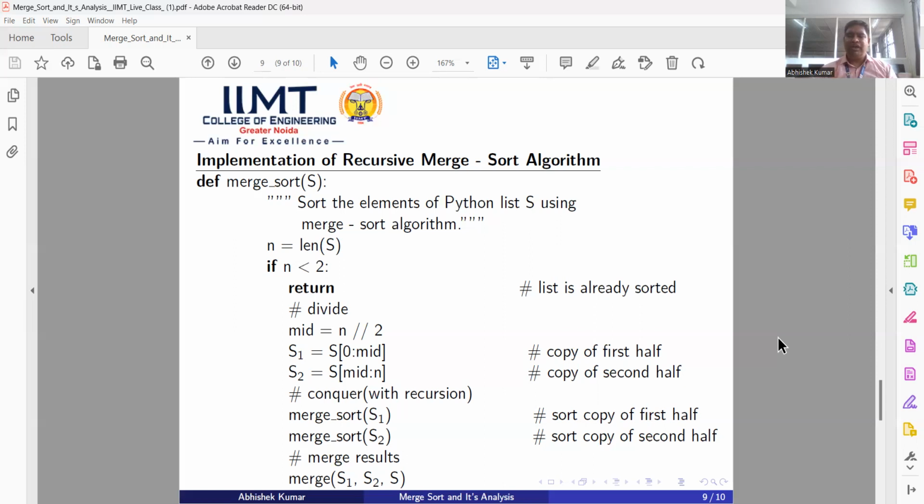We will do this step until the n value is less than 2, that means until n is either 1 or 0. After dividing the problem into a number of different subproblems, now we have to do the conquering. That means we have to